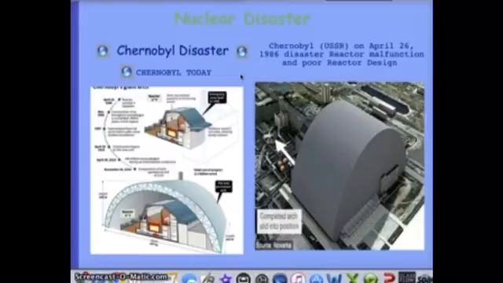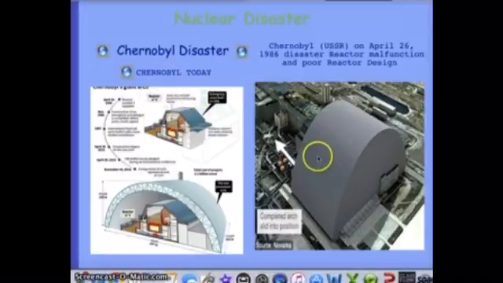And eventually they had to evacuate the whole area because of radiation. Most people that tried to put out the fire or were on the scene died immediately due to radiation poisoning. And basically that means your organs burn, because the radiation goes right through you and burns your organs.